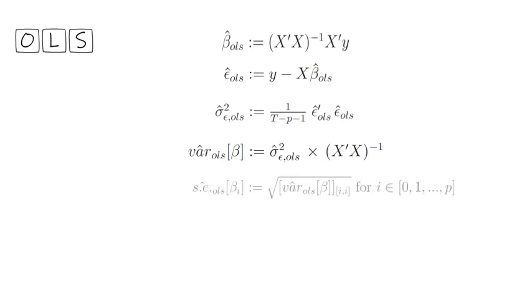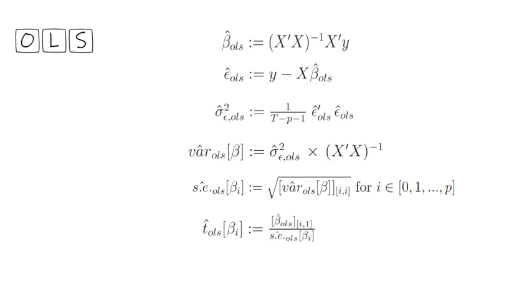And if you want the standard error of a specific parameter, beta i, look at the next equation, you see that you simply take, if you want i goes from 0 to p, so if you want the ith parameter, you take the ith diagonal entry of the covariance matrix, and then you take the square root out of that. Now if you want the t statistic of your beta estimate, you simply take, as shown in this equation, the beta estimate and you divide that by its respective standard error.